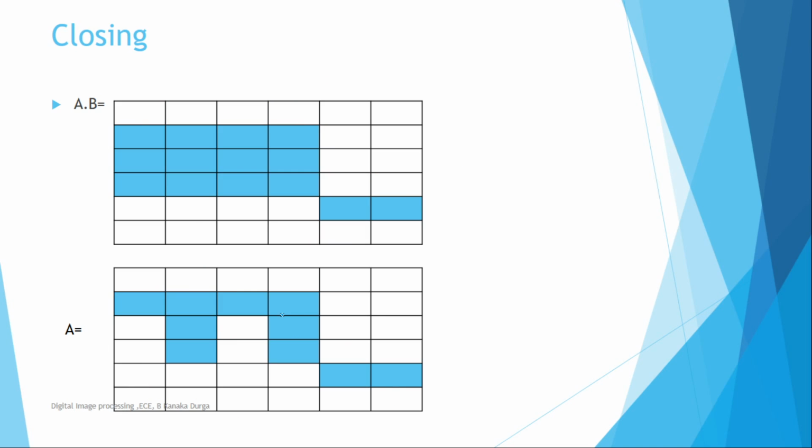So this is the original image, and this is the closing of the image. If you observe, the noise pixel has been converted to fully filled cells over here. Anyhow, the boundary has been increased with respect to this. Even though this was noise, it has been converted to object.